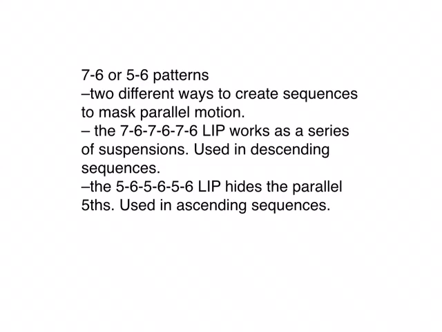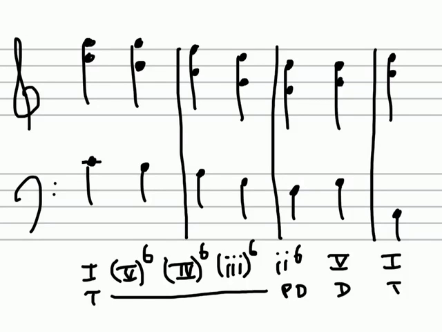Finally, we have repeating 7/6 or 5/6 linear intervallic patterns, which are two ways to create sequences that mask the parallel motion. The 7/6, 7/6, 7/6 works well as a series of suspensions, and it's usually used in descending sequences. Let's go back to the progression we just looked at with the parallel 6/3 chords. Imagine here now, every place where I've got a 6/3 chord, suppose I took those away